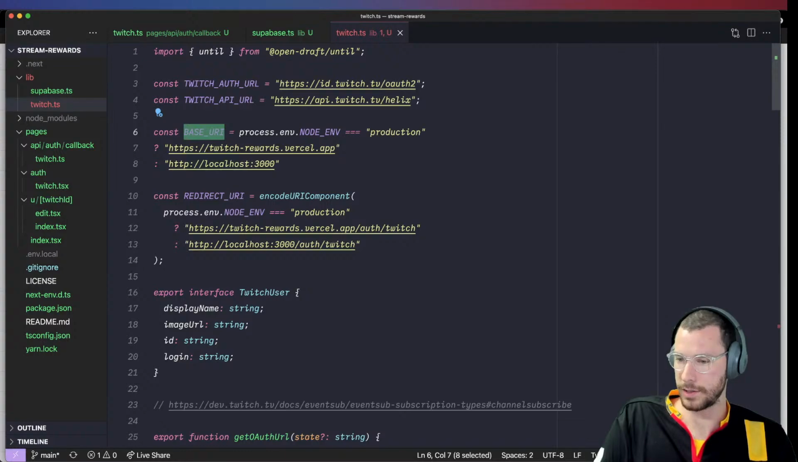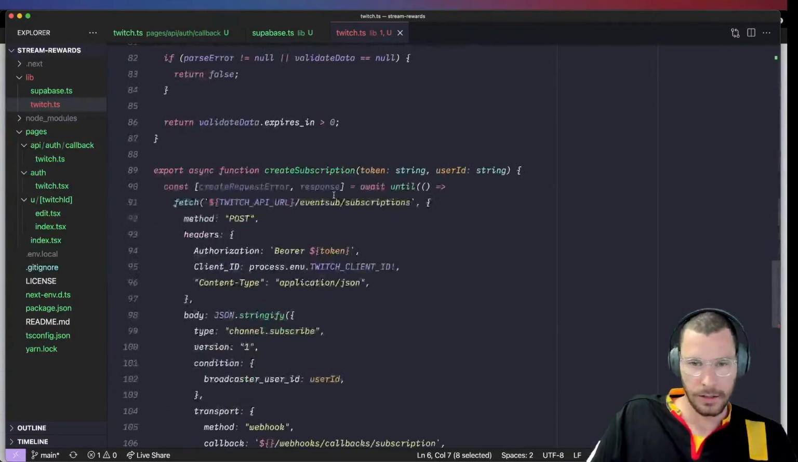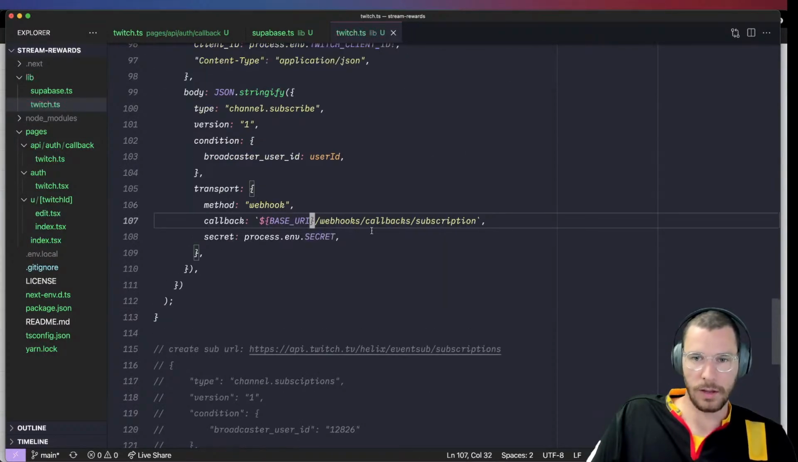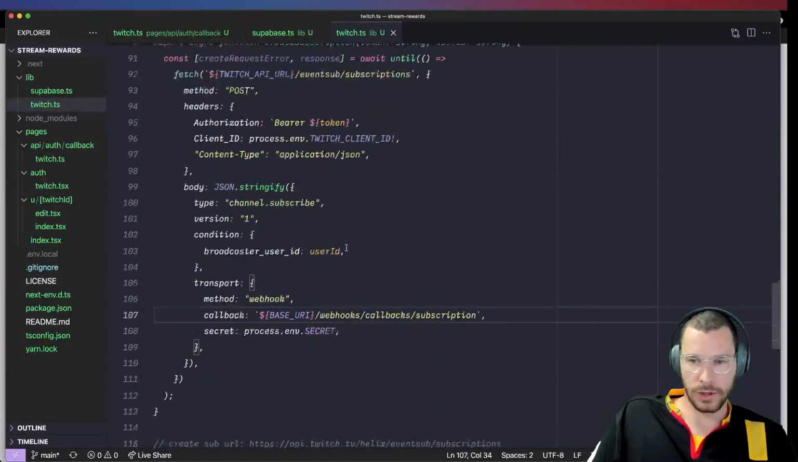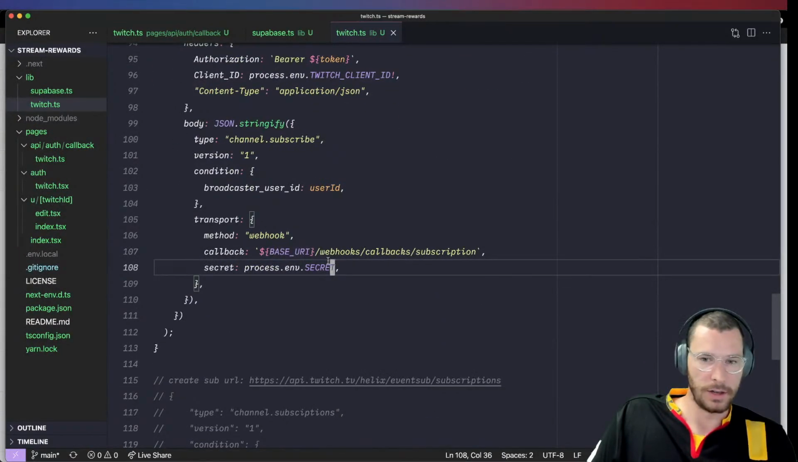Why is it not saving? Why is Prettier mad? Just because I have something open? Yeah, I have this open. Okay. Base URI slash webhooks. Great. Slash webhooks slash subscriptions callback, and then pass in our secret, which I don't